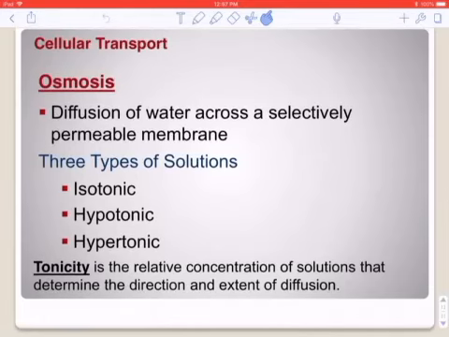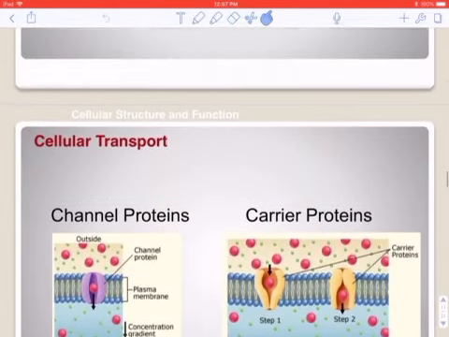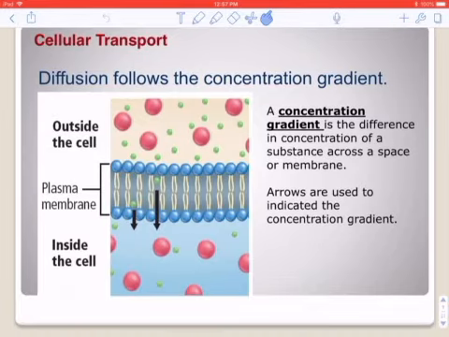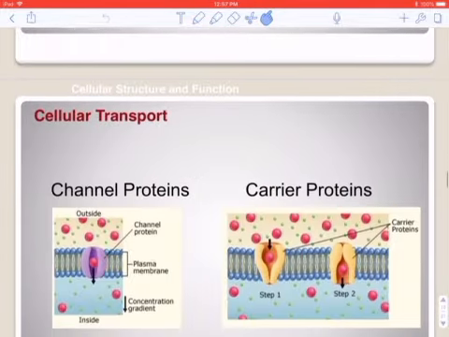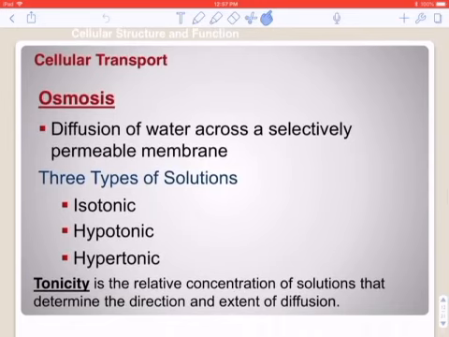So today in class we're going to talk about the third type of passive cellular transport. If you recall, last class we started discussing facilitated diffusion and just regular diffusion as the first two forms of passive transport. But I said we would wait and talk about osmosis next class. All right, so osmosis is our third type of passive transport, which means, again, that there's no energy involved in